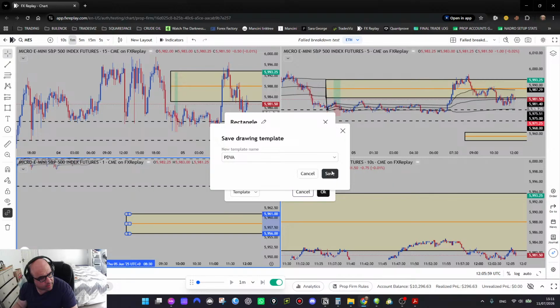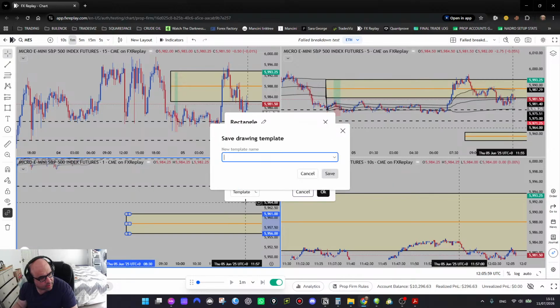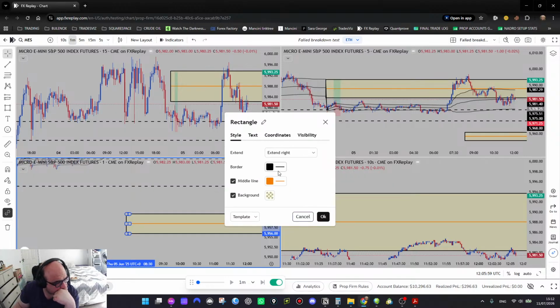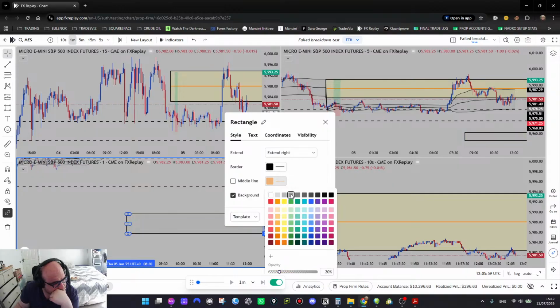Yeah, how about okay? Oops. Gonna do the style. Gonna do character border, neutral line. Don't care about the line to be honest. We want the background to be gray. More gray.